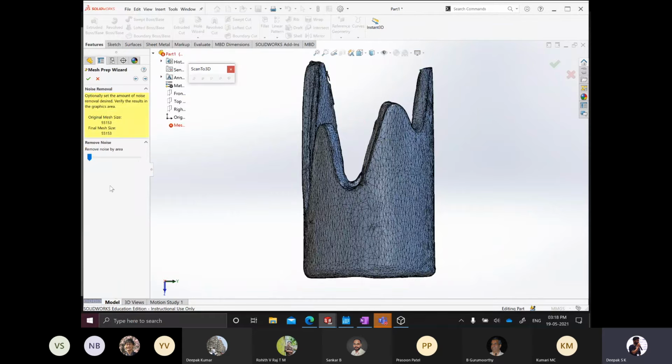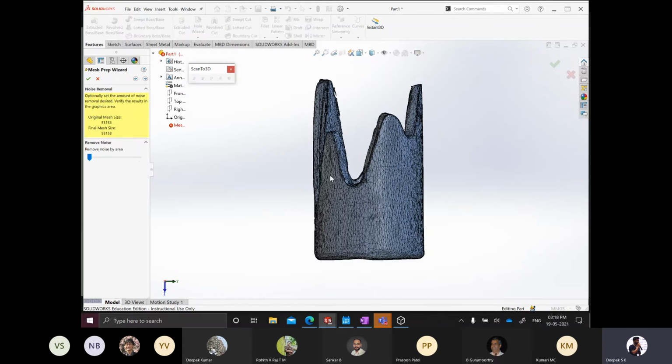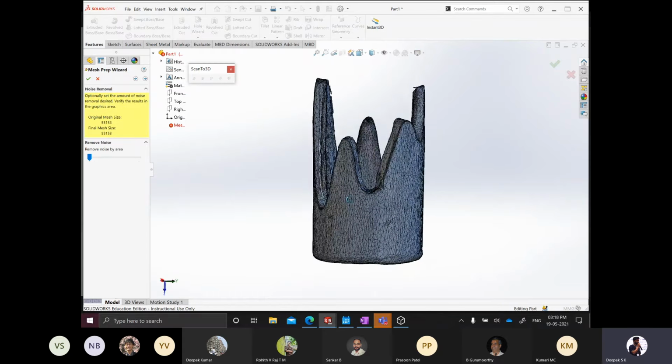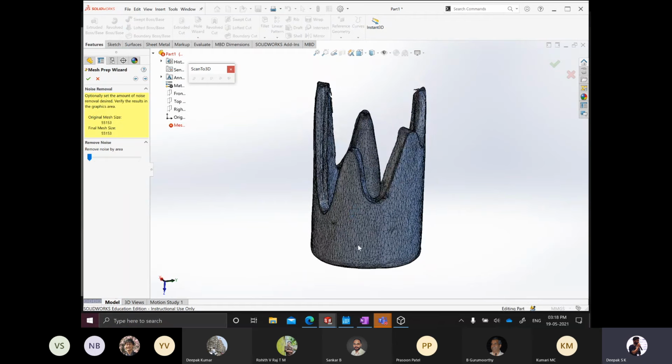And the next step is remove area by noise. This model, fortunately or unfortunately, does not have any external noise with it. But what happens when you scan 3D meshes is that your product along with the reference table in which you're keeping it may also come into play, or any other disturbance like some irrelevant points, irrelevant data or irrelevant patches. Some patches around here may come.